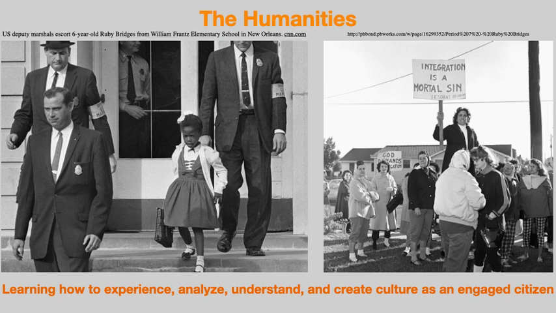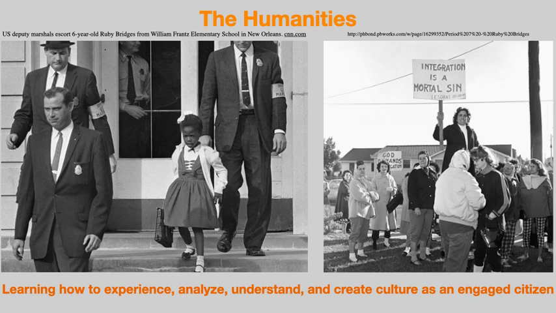Now, integration has all kinds of problems as a political issue, and we can look at those problems and ask whether or not integration was actually the best thing for black children. But at one point in our history, we decided that we had to make sure black children had equal access to education that white children did. And one of the first markers of that was Ruby Bridges, a 6-year-old in New Orleans, Louisiana, who broke the color line and tried to go to an all-white school as a black child. And she had the legal right to do that.